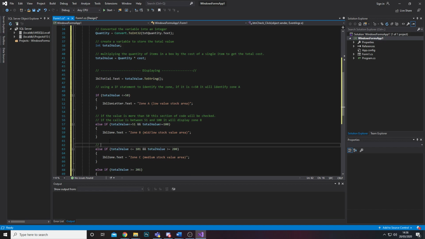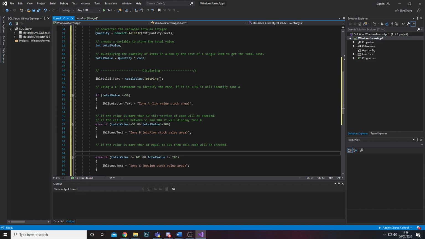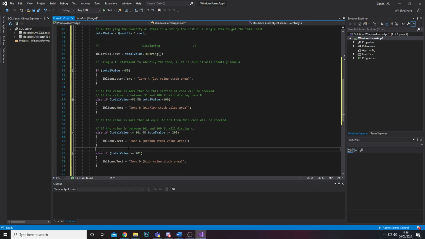So on this one we're going to say that it's going to check if the value is more than or equal to 101, then it's going to check this. Then we'll do another one that says if the value is between 101 and 200, it will display C. You're just basically explaining the code. And then the final one,